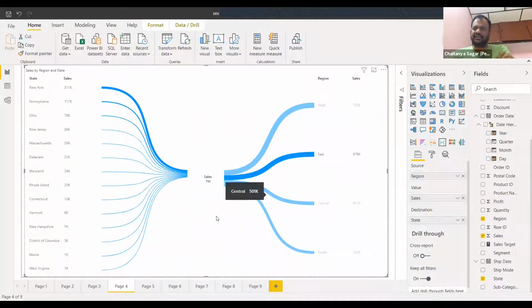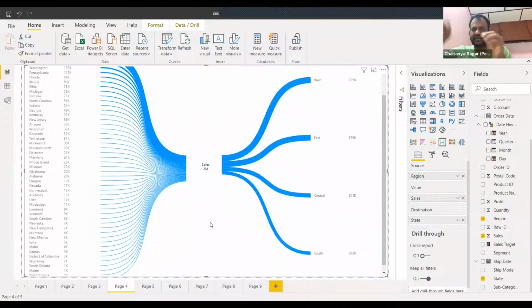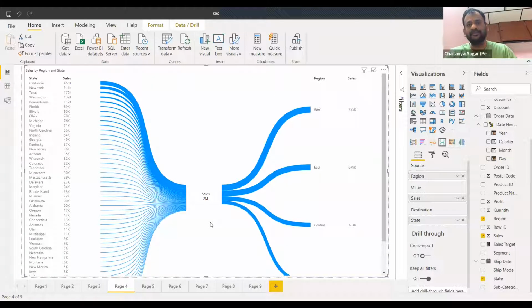See, I think something like this would be very useful whenever there is a sort of a movement from one to the other. I think that's where this is best useful. And typically, if there is a sort of a meeting point, and certain traffic comes into that meeting point, and from there it gets distributed, this is very suitable for that kind of data.